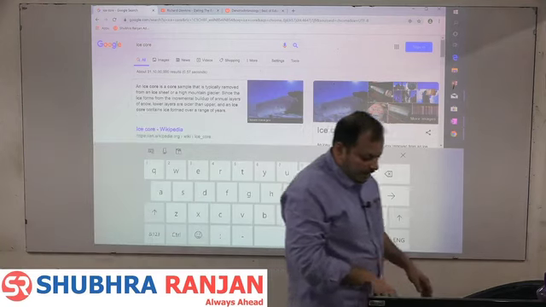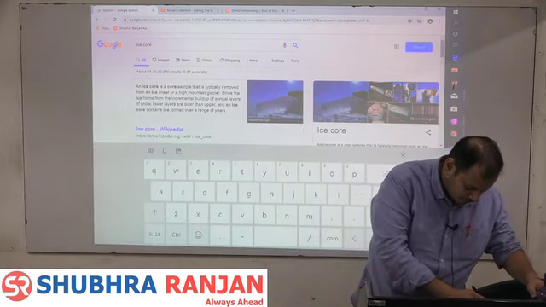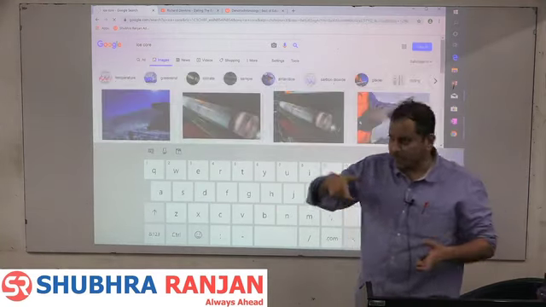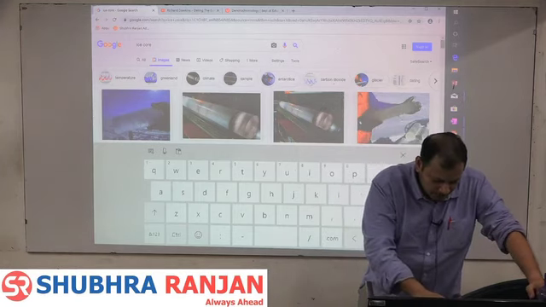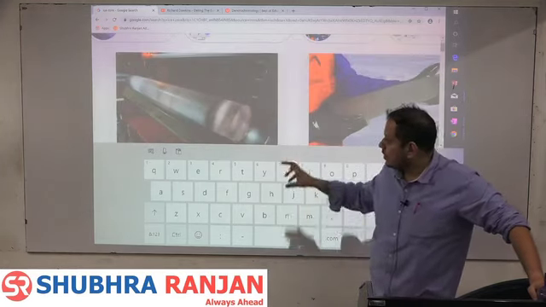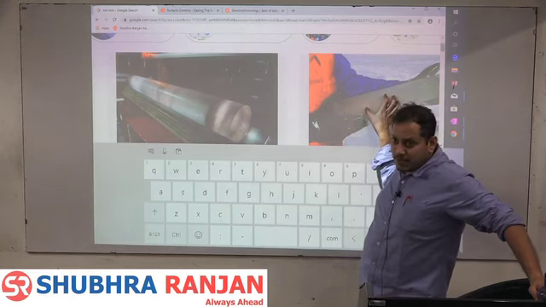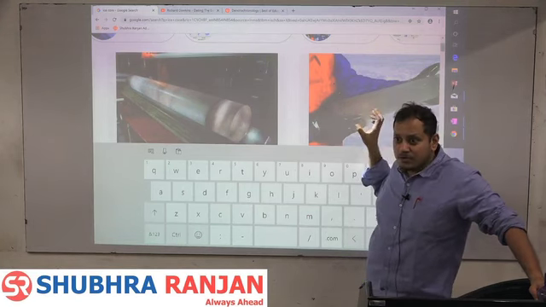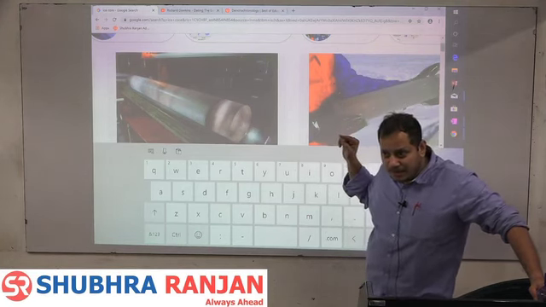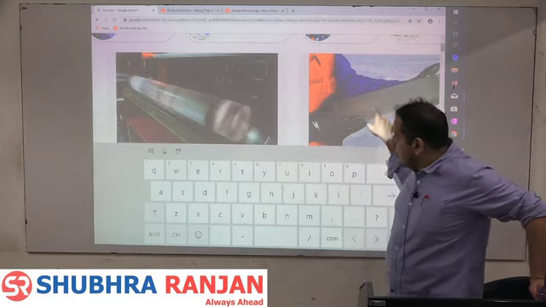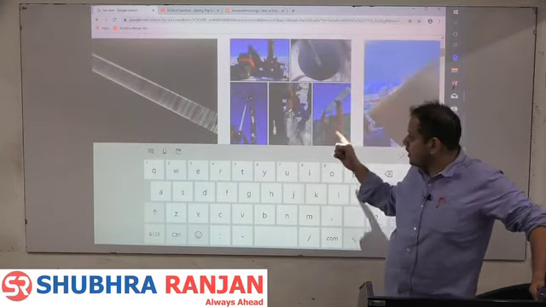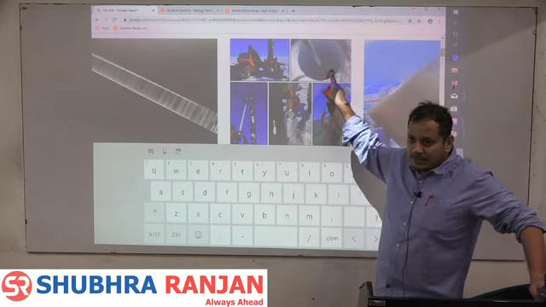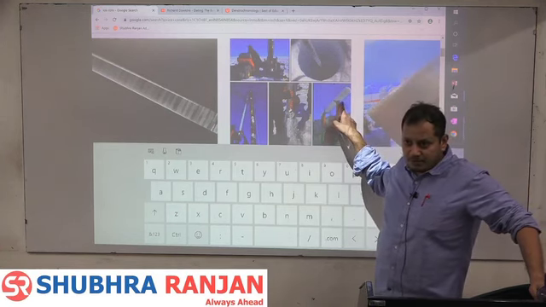What do you mean by ice core? Look at the photo here properly. When you dig deep inside the ice sheet, you sometimes find a huge amount of ice at the bottom. That is what is known as an ice core. Now in the photo it will not be visible properly. See, this is how digging is done. Fine, and this entire ice core is being removed by the digging.